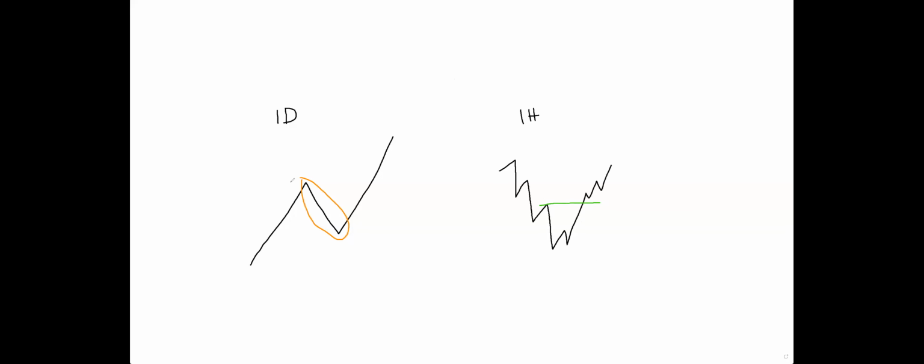So this is the 1 hour time frame right here. This downward trend right here is the 1 hour. So this might be 1 or 2 candles on a daily, but on a 1 hour, it's going to be a couple of candles downtrending, right? So once we have that lower high, that break of structure right here, and now the new trend is starting, that is going to trigger this move, right? The lower time frames start the move first. The lower time frames move first.